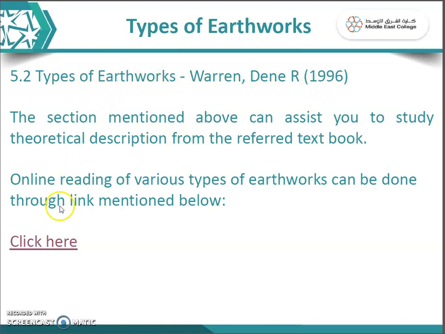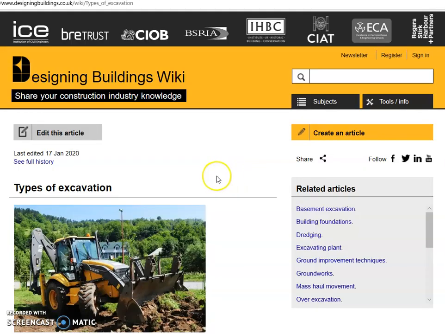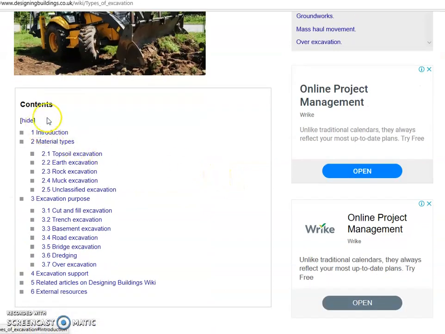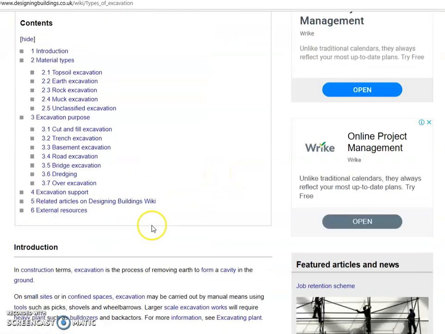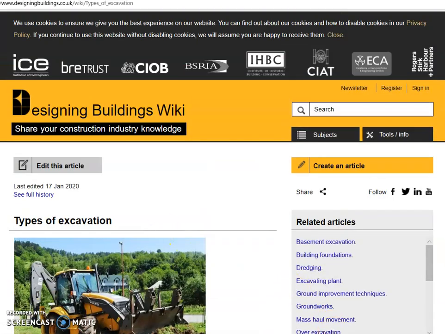If you wish to read more information, you can click here. Whenever you click here, it will take you to the web page where you can find various types of excavation. You can see it will give you a better idea. Coming back to our presentation,